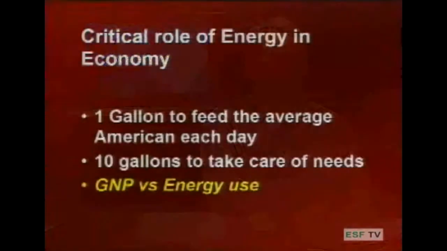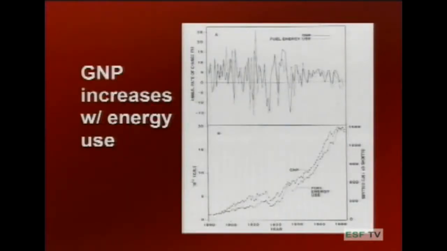Now let's look at GNP versus energy use. So basically our way of life, our economic growth, and you can see it here in this slide. This is time over here, and this is GNP for the U.S. economy. So GNP, gross national product, you can see over time it's been rising. And it's interesting, basically in a way that reminds us of exponential growth. And if you think about it, we want 3, 4, 5, 6% growth in the economy. That's exponential growth.